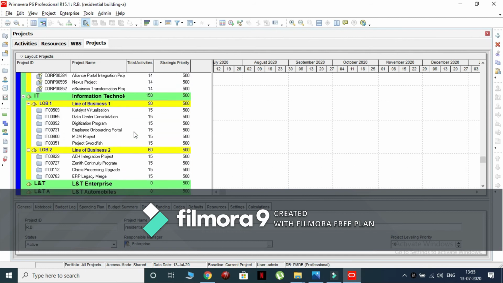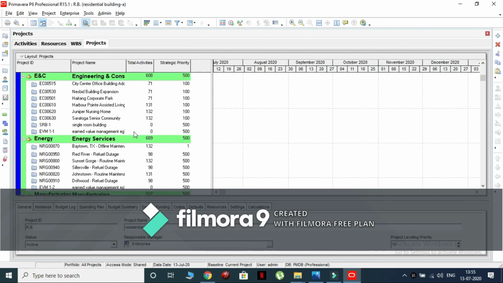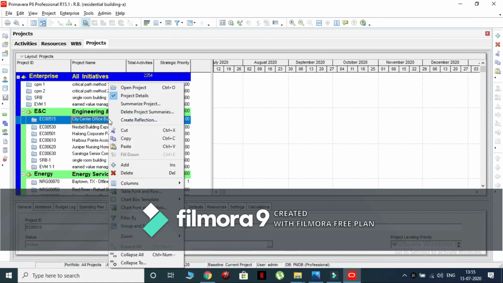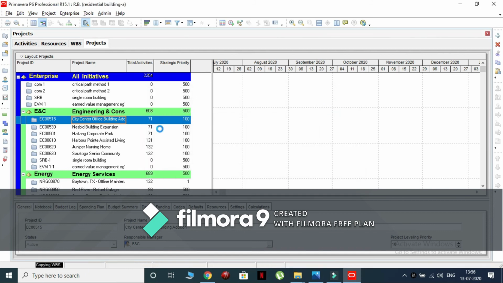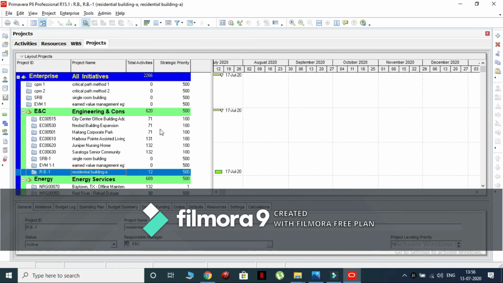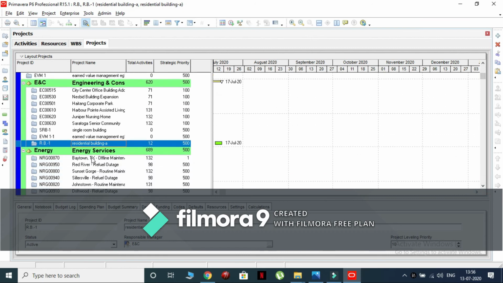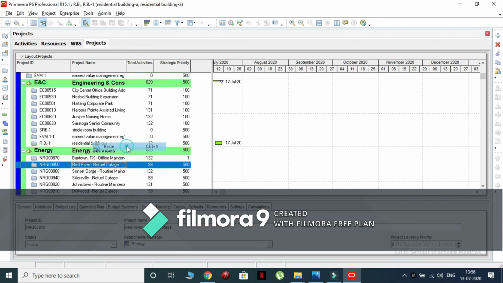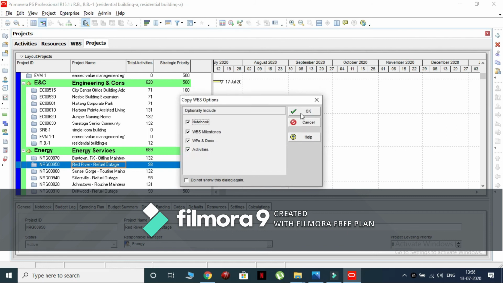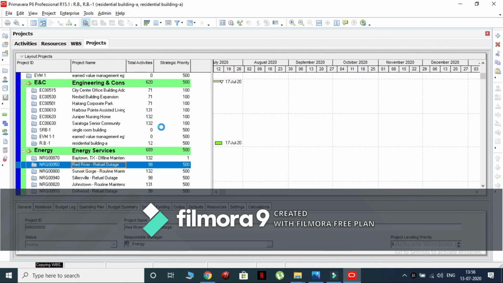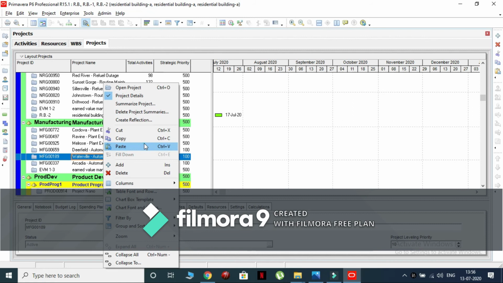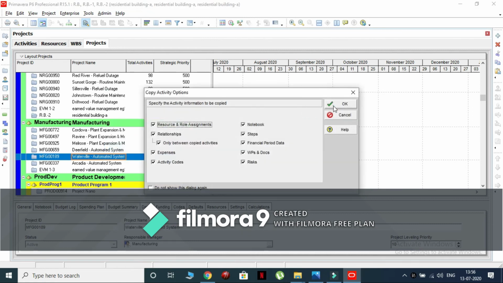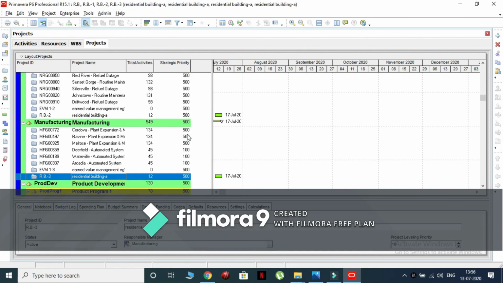Paste this project in any of the EPS as shown. Now, open the residential building project.